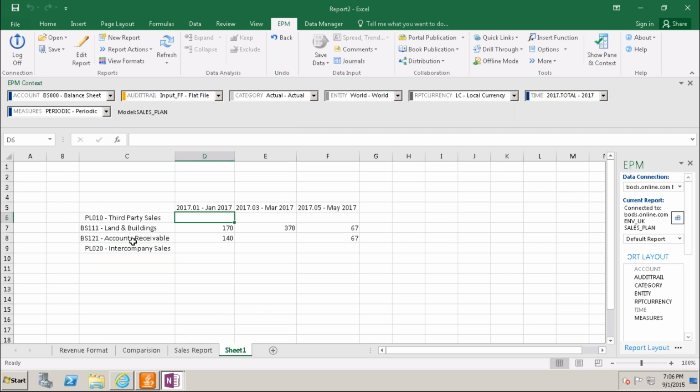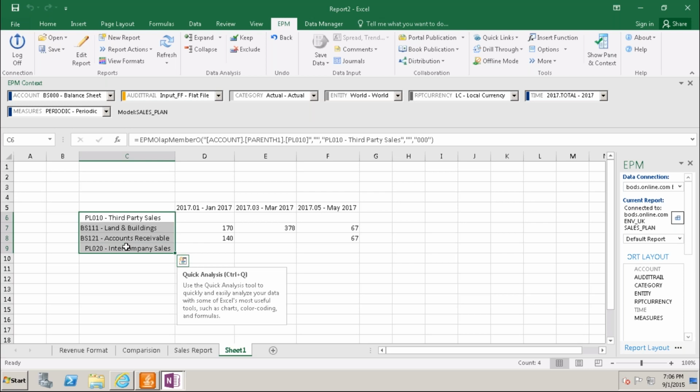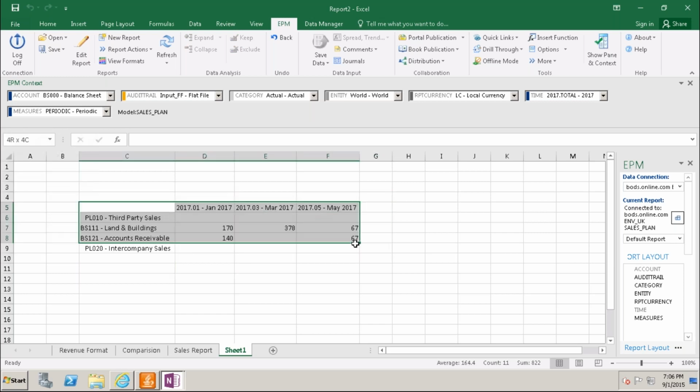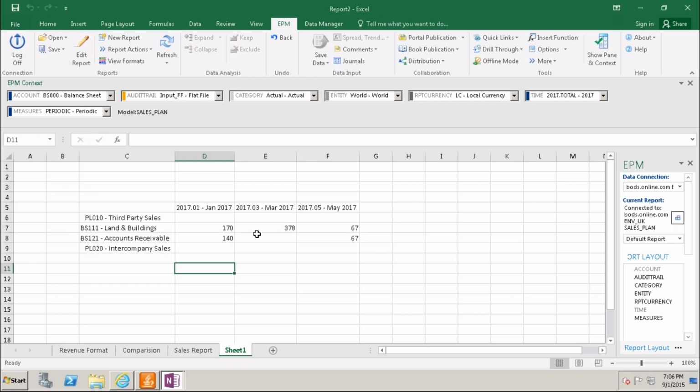So this is how I can create a customized report as per our requirement, just by giving the member and pressing enter, then automatically the report will give you this for you. Same as it is now. This is what you got, right? You created one. This is a static report. It is not dynamic. It is a static report as per your requirements, user requirements. Statically, we will create and save this report.